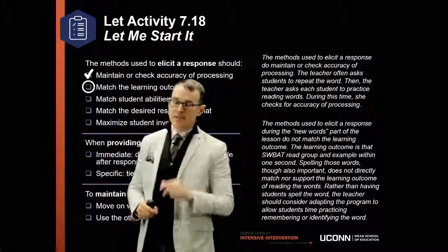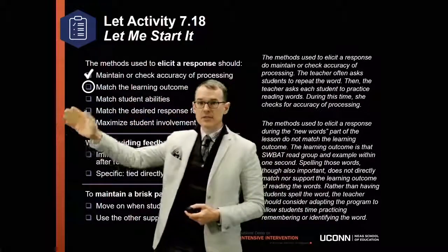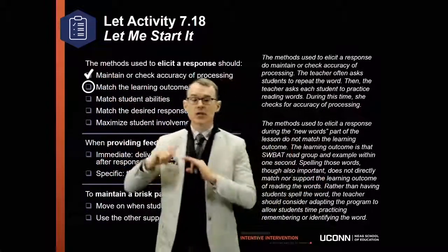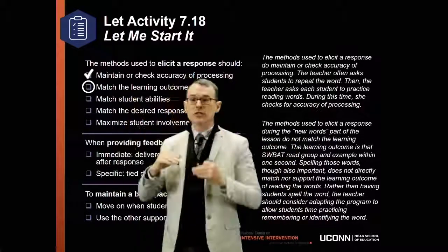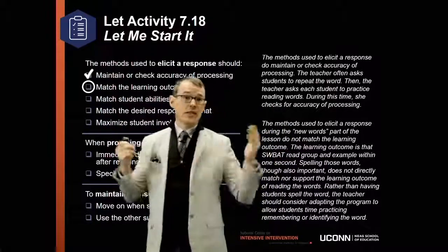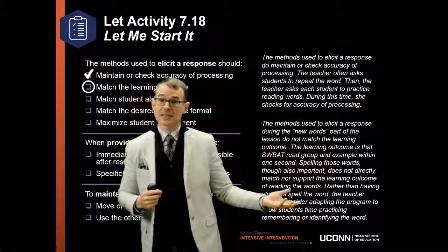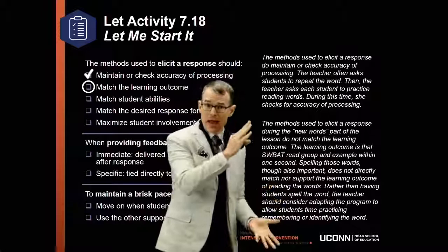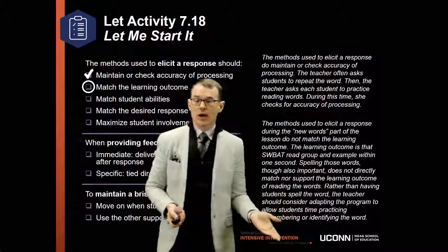But there's a second piece to this. The second piece is that this teacher not only has students practice group and example, she then, without reviewing the words, has students read other words before having talked with the students about them previously. So now she's put them in a position to have to remember all of those things without any prior warning about that. And that's probably outside the context of the lesson. So on that count, I'm not sure that the questions actually match the learning outcome, which is why we put a circle around it here.